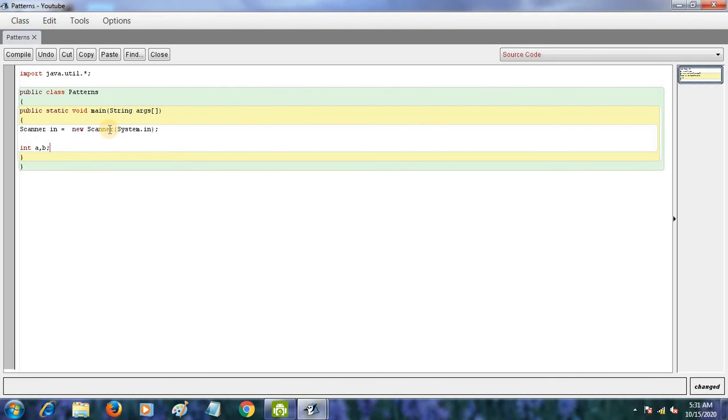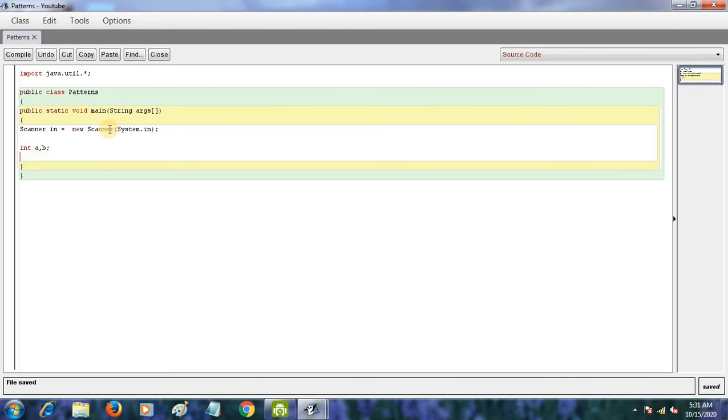Then we are going to write string. String means the words, like main, scanner. So I am creating a string and naming it st.